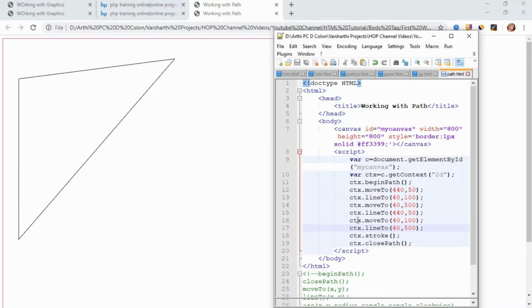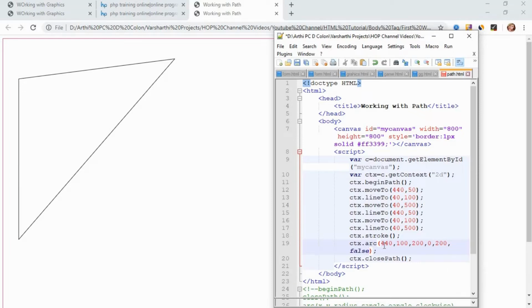Now what we are going to do is create a circle, right? So for that we have to call the function arc, right, which takes the x and y coordinates. Let the x coordinate be 440 and the y coordinate be 100, right. After that we have to provide the radius and starting and ending values, right.